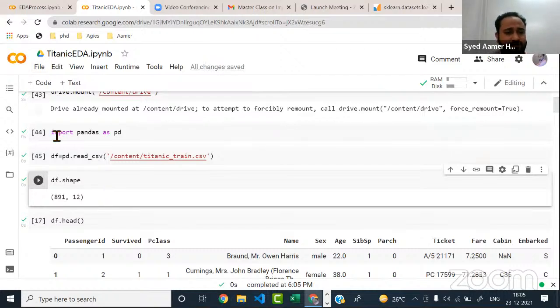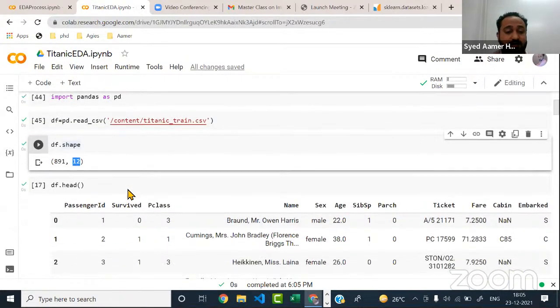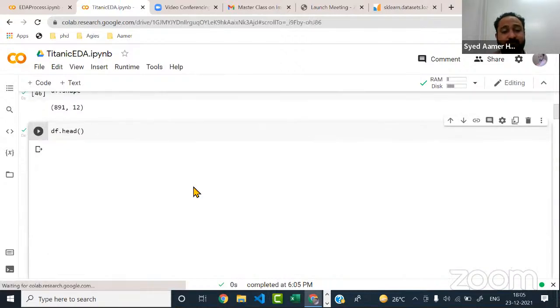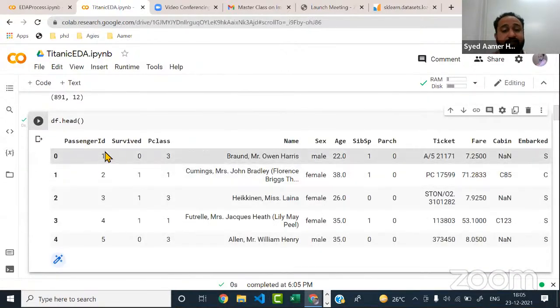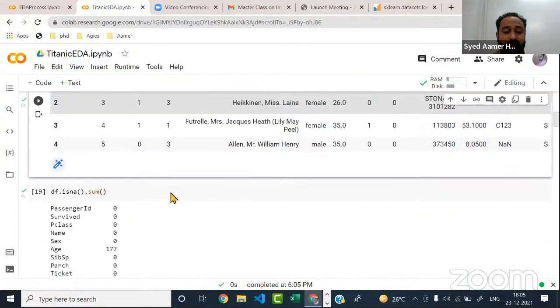I'm just showing you this Titanic data set that I have taken from Kaggle, guys. And there is one more function of the data frame called shape. It will give you the number of rows and number of columns available. So I got 891 rows and number of columns to be 12. Okay, we use it in the EDA process again. And we know about head. Head is just to see what type of data we have. It will list out all the columns and the first 5 rows basically.